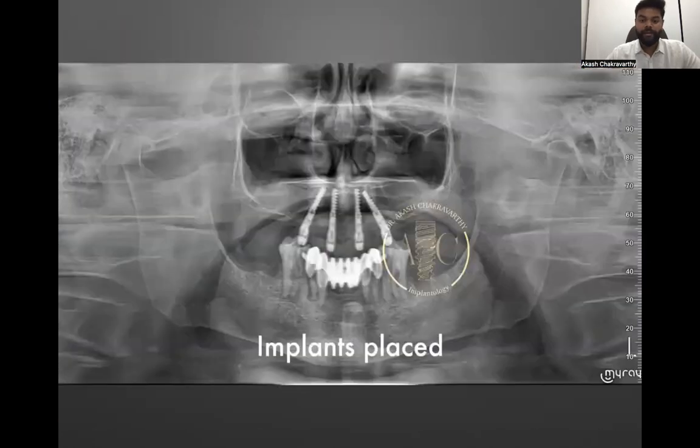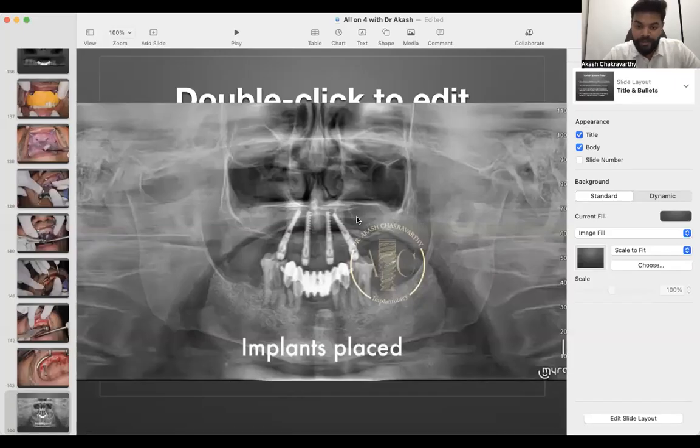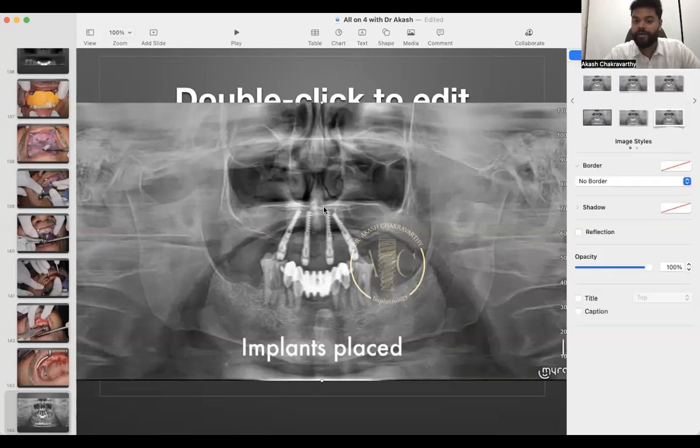Okay, so there's a question now. In the second case, the cortical is not engaged. So let's go back to see if that is true or not. If you can see over here, this is the cortical plate. Now it extends from here to here. It's not that I have to go all the way inside. And one more thing is, as I already told you, the tilt of an implant is not two-dimensional, it is three-dimensional. So if I'm not engaging the upper cortex, I will be engaging the buccal cortex or the palatal cortex. Either which way I will engage another cortex.